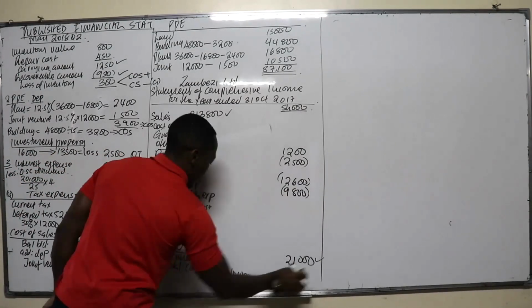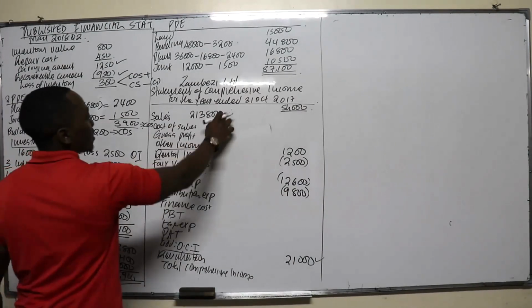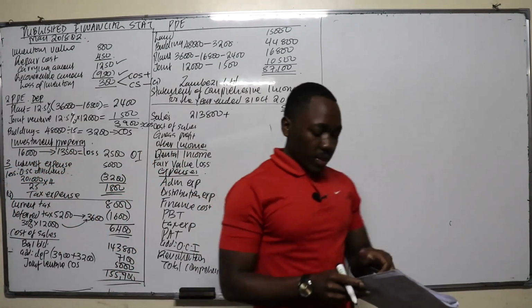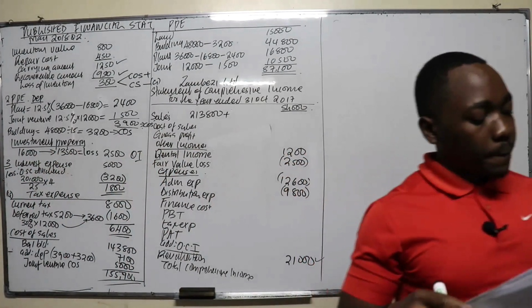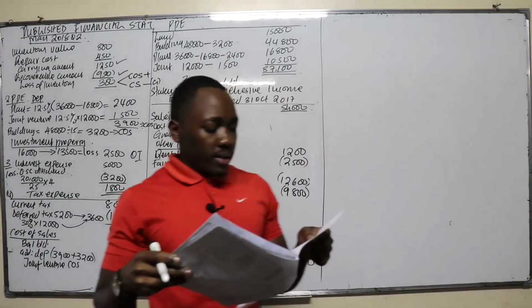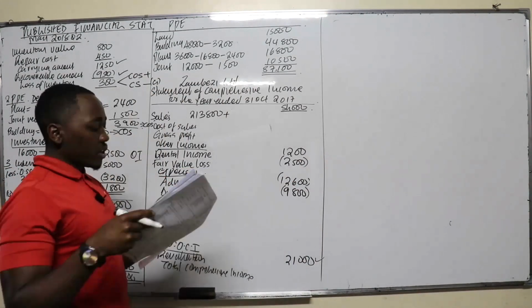Good. So now let's adjust. We have sales, which is 3,800 plus. Let's go to note number 5. We have joint venture. Share of joint venture turnover, it's 40% of the total turnover. It's an amount of